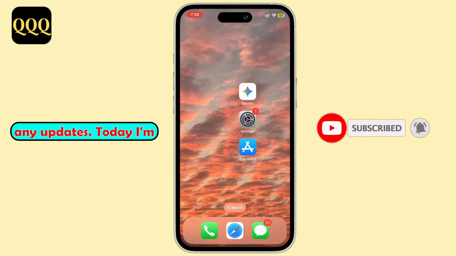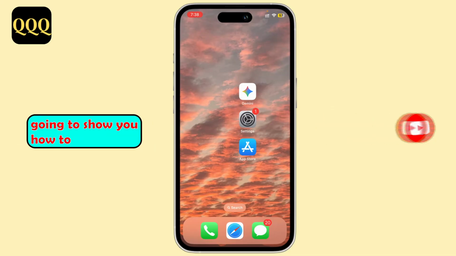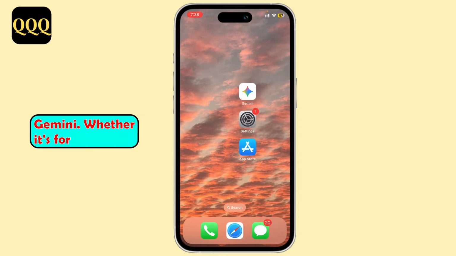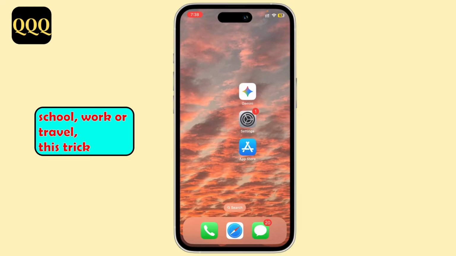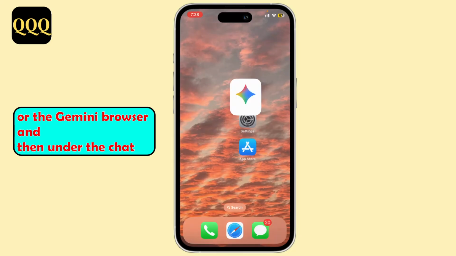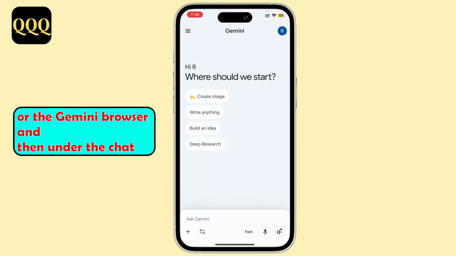Today I'm going to show you how to quickly translate any text using Google Gemini. Whether it's for school, work or travel, this trick will save you tons of time. Let's get started. First things first, you can go to your Gemini app or the Gemini browser, and then under